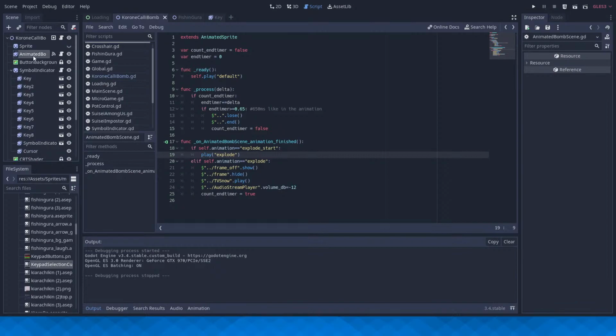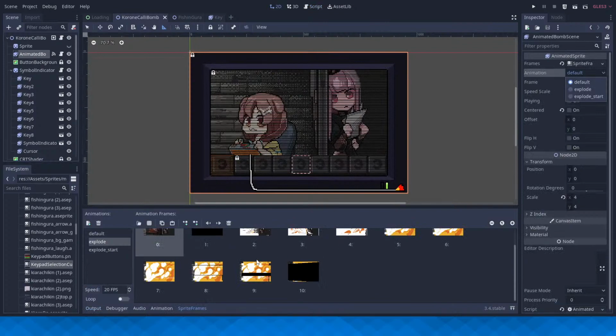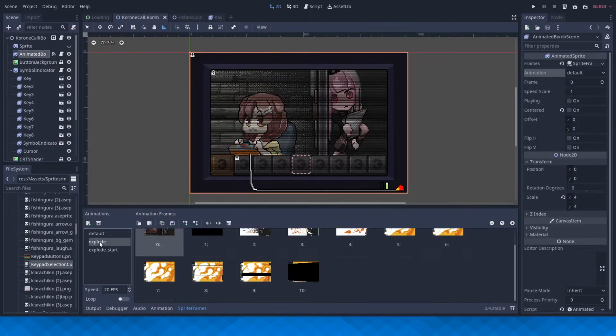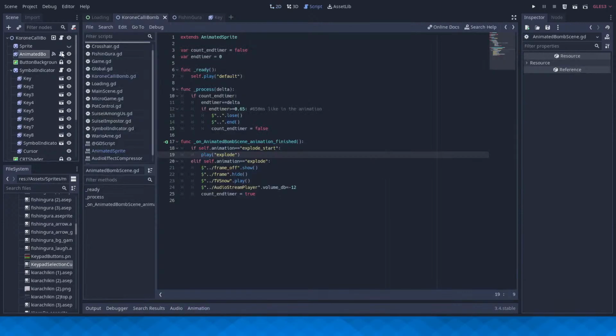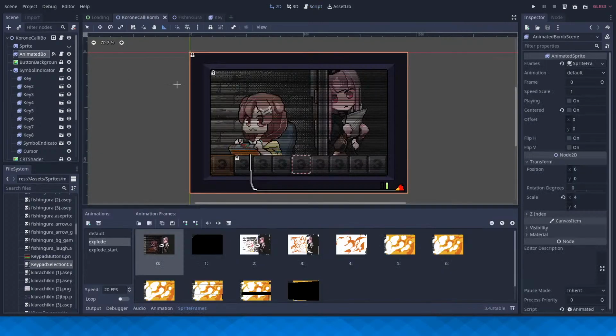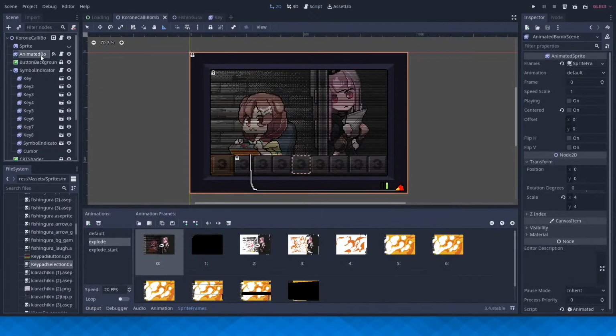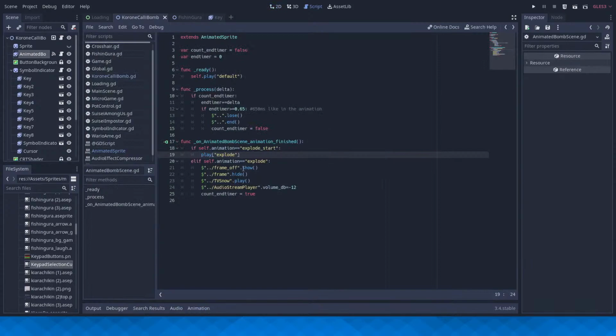Did I mess up what explode start and explode do? No, I didn't. So, why is this not working? Hello? Why is this not... What? What the absolute heck? I have no idea why this is going wrong.